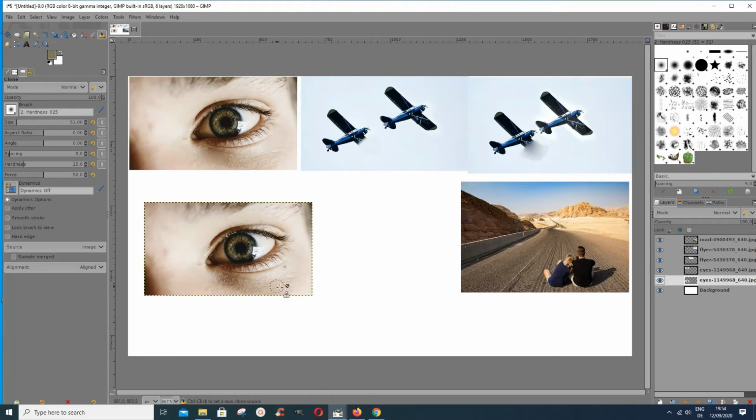Then we go to this other eye, and we select almost the same place. I press control, and then I select here, and I come and remove this. I remove this, and then I try to. On alignment, let me use the none so that it bounces back to the correct place. Okay, I select again. I press control, and now I come here and try to use it with the same place. As you can see,